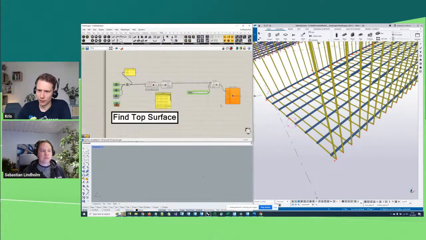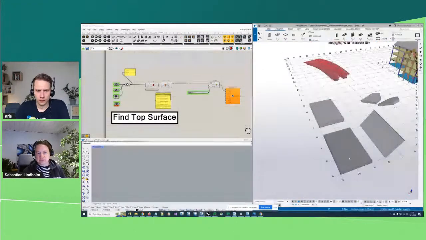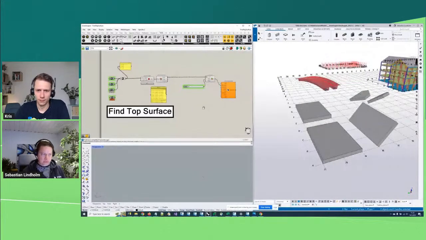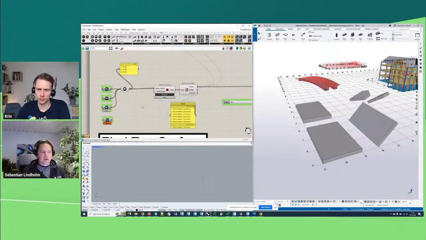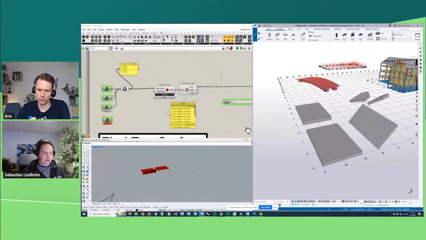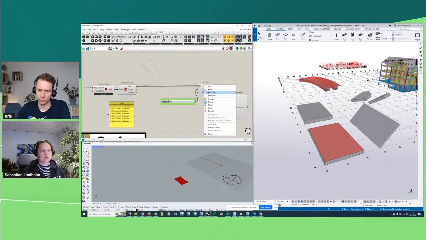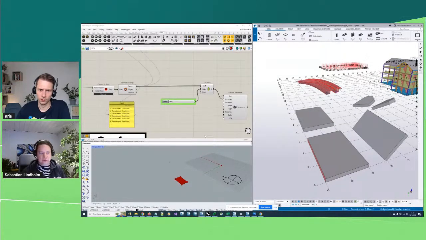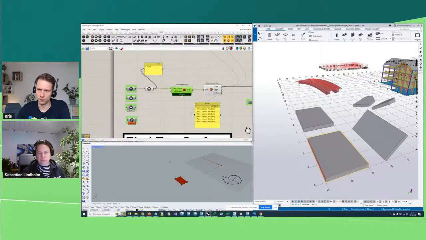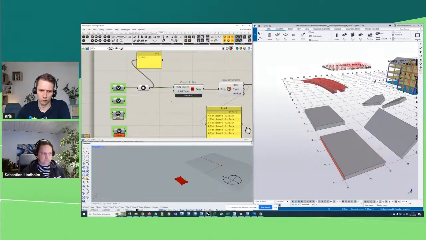I had one more topic I want to talk a bit about, and that's about finding faces and edges of geometry, because there are some gotchas here that are good to be aware of. Regardless of whether your geometry has been generated in Rhino, or you have placed something in Tekla, if you want to find, let's say, the top surface of the geometry, there are different ways you can do it, but probably one of the first steps if you're dealing with a B-rep, which we will be